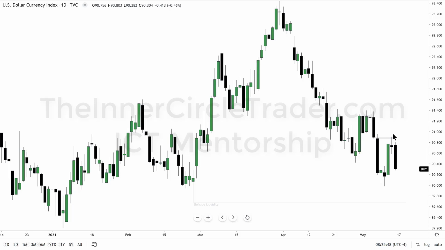Okay, so it's important you take a screenshot of this chart, and I'll move my cursor out of the way so you can get it again. This return here, even though we're in a bearish market, does not bode well for continued bearishness if we trade back above this short-term high. So if that's the case, and we do trade back above there, and I'm not saying that we are, I'm just making a case for if this market changes gears this week and goes back above this short-term high,